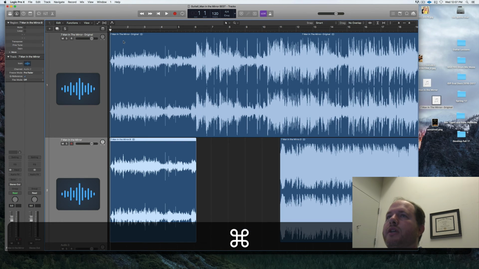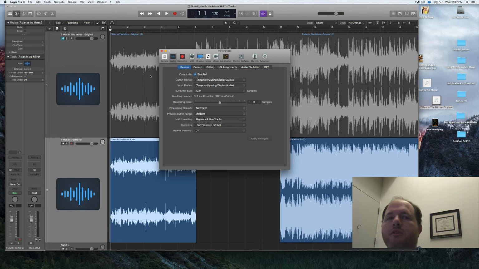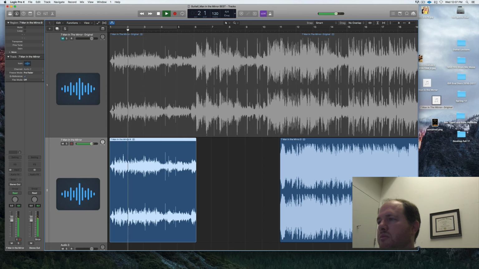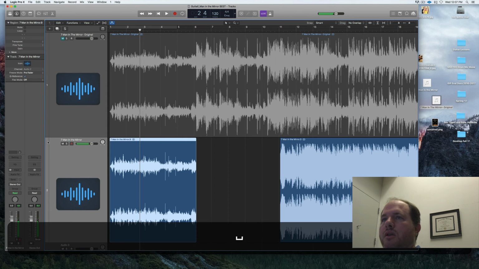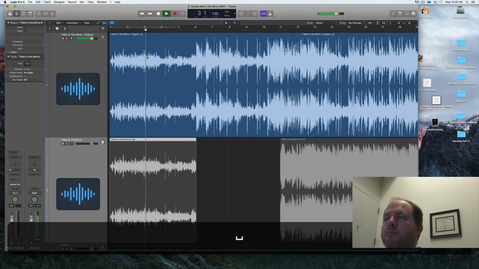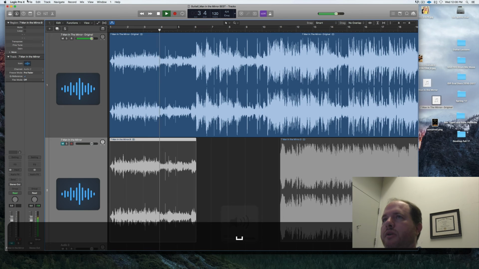Now we don't want the two playing at the same time, so I will mute this one when I play it. But if I went back and forth between the two, let me go to my audio system here real quick. Temporarily using display audio. Okay, so if I play here and I play here, the both will play. I'm actually currently not hearing it. There we go. Okay, so if I play this one,